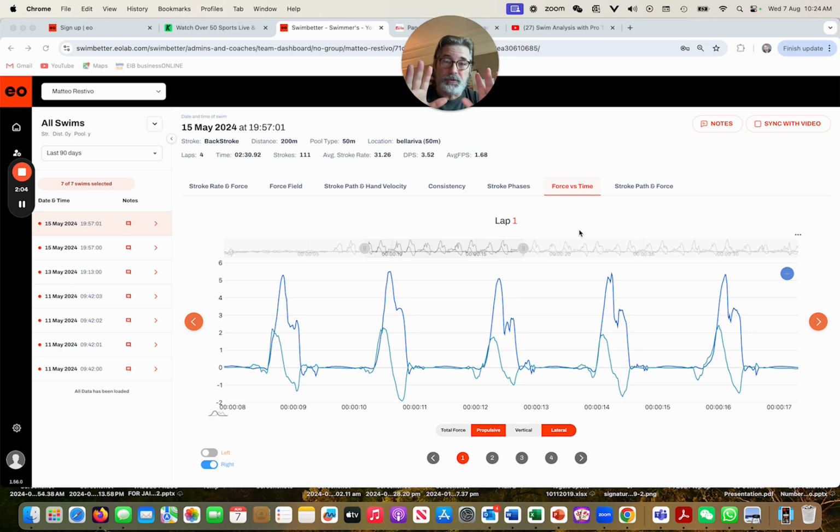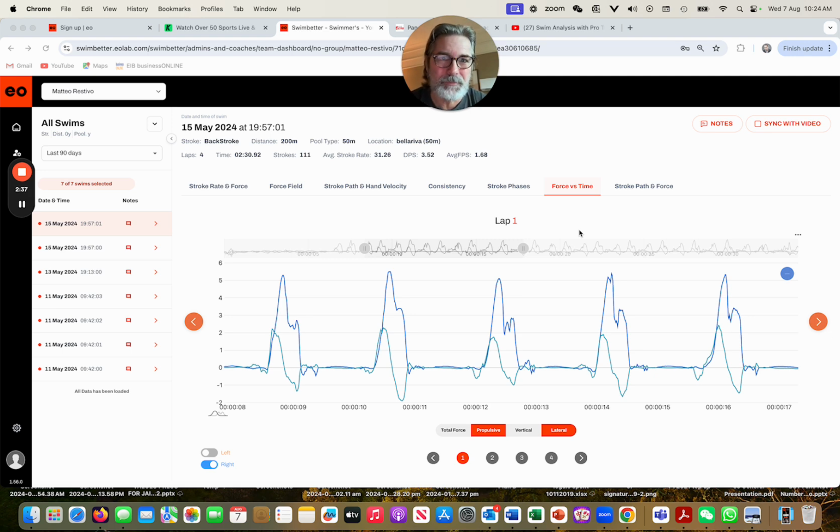Now, stupidly, when we released the backstroke charts and view, we incorporated the reverse into the algorithm, i.e., when the force is positive, instead of being outward facing, the hands were inward facing. And when the force is negative, vice versa. So we wanted to change this so that it could then